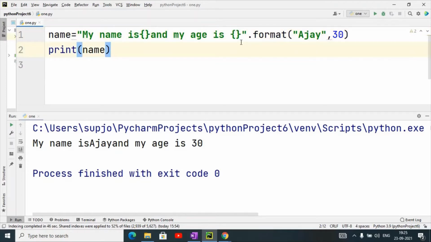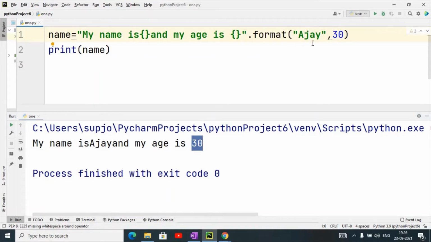So I have used this string dot format function in which the first argument is for this and this is for the second argument. So it will display my name is Ajay and my age is 30. This is the second way to use the format function, like dot format, or I can use the prefix f. I can use either the prefix f or this dot format function.